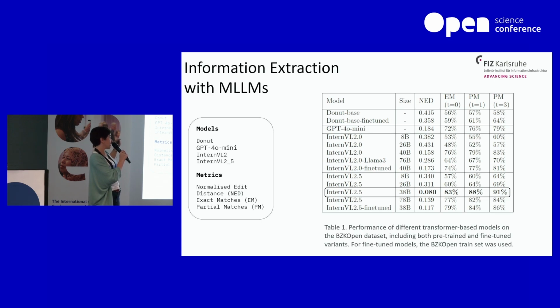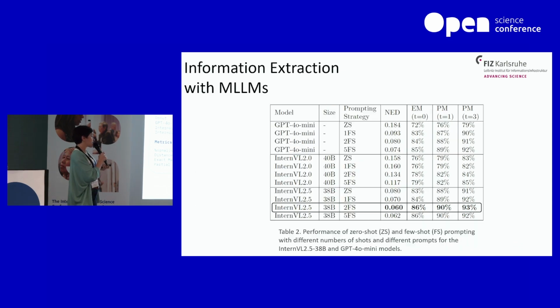Another interesting result that I want to point out on this table is that the pre-trained model, InternVL 2.5, you can see is performing better than the fine-tuned model, where we fine-tuned the model with some of our labeled data. With this, I would also like to show you some more results when we add some shots, some samples, to the setting of the experiment. The few-shot model is performing better than the zero-shot setting with the very little labeled data that we had, and performing better than the fine-tuned model as well, which was using more data. And there are some takeaways from this. We can talk about them later in the discussion.